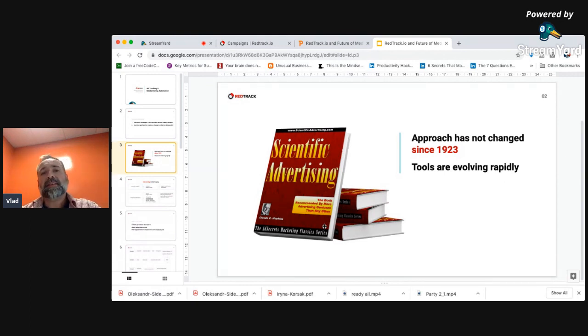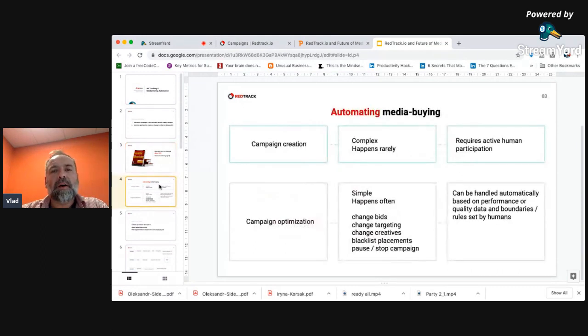So we sat down with some of our very active users who share feedback with us constantly, and we grouped all automation into two big chunks: campaign creation and campaign optimization. What happened in reality is that campaign creation is very complex, and honestly, you create campaigns way less frequently compared to how often you make changes to those campaigns.